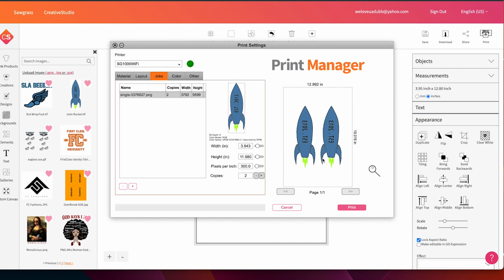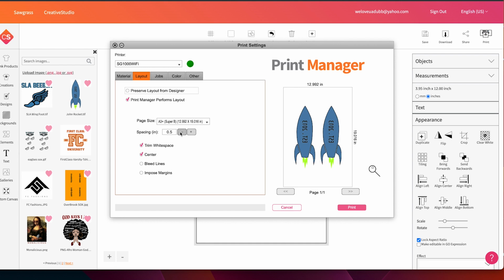Now see what happened? It's spaced out 0.05 inches apart. So if I would have left that on 0, it would have been like this, butted up against each other. But I don't want that. I want a space between the two of them. All right, see? So now I added a space right there. All right, so now all I gotta do is press print